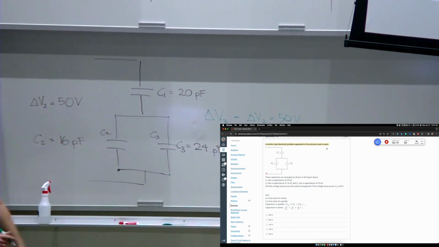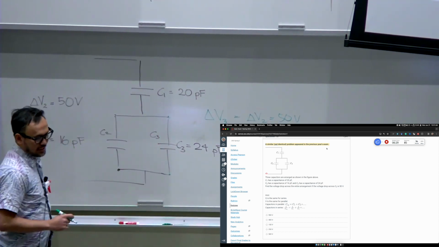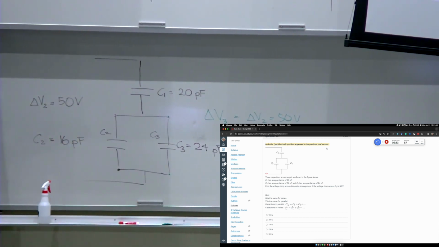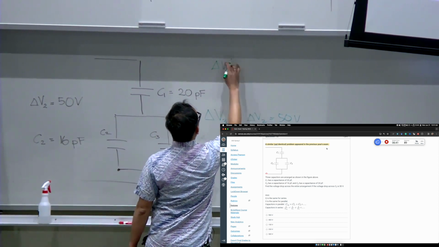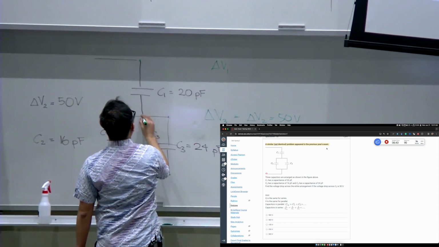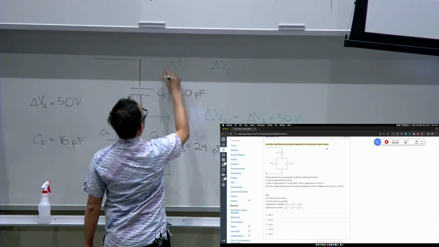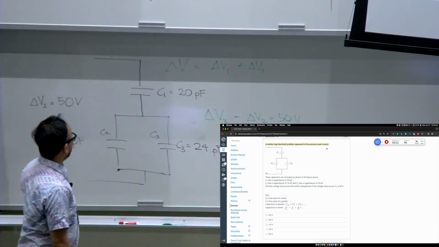If somebody sells you wires that are insulators, then you're not my students. So delta V is 50 volts, and this is also 50 volts. Then the question is, what is the voltage drop across the whole thing? If you want a parameter, this is delta V1. What you're asked is delta V total, which is